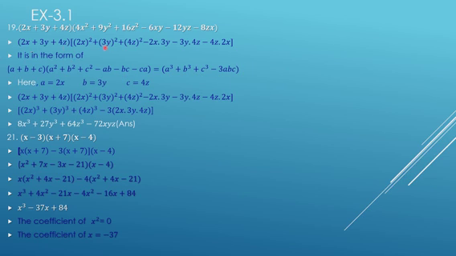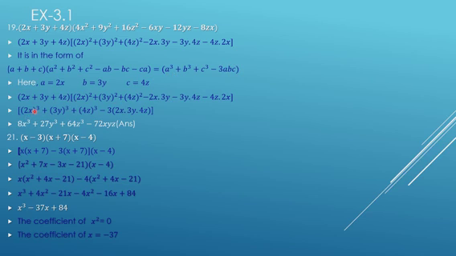Now you see it is in the form of this equation. So you can take a as 2x, b as 3y, c as 4z and then put it in this formula. This form has already been given in the question; we have arranged this question in this form. Now we know that the expansion of this is a cube plus b cube plus c cube minus 3abc. So you can just put in the values.